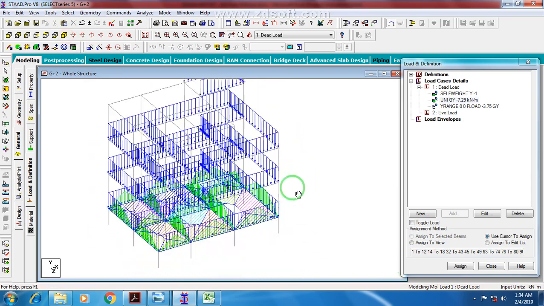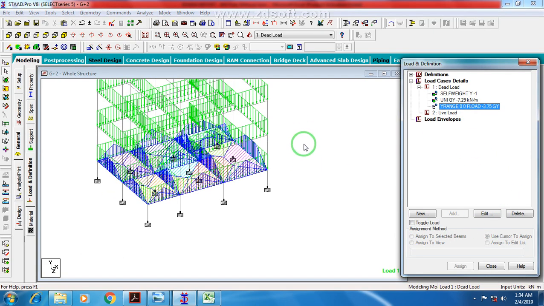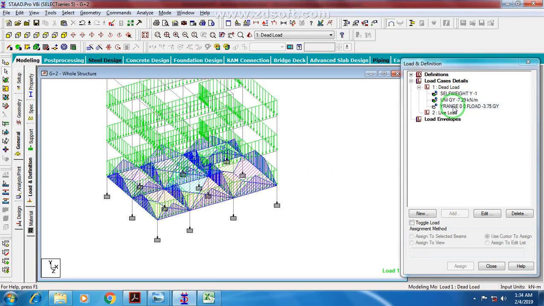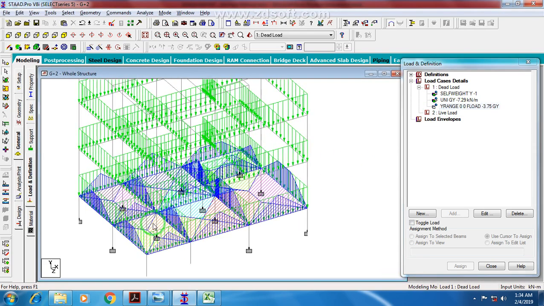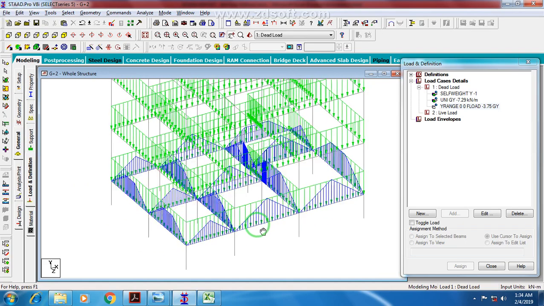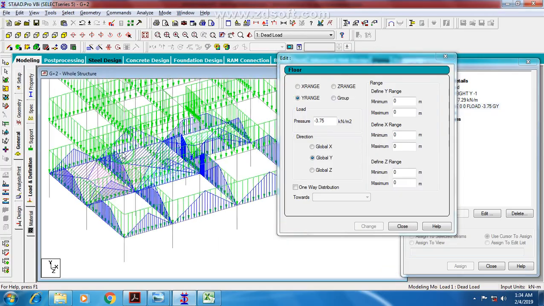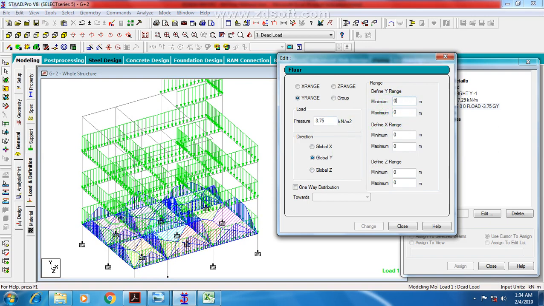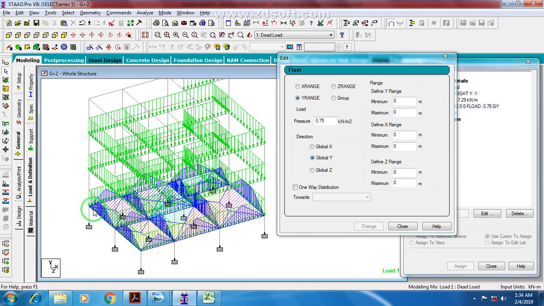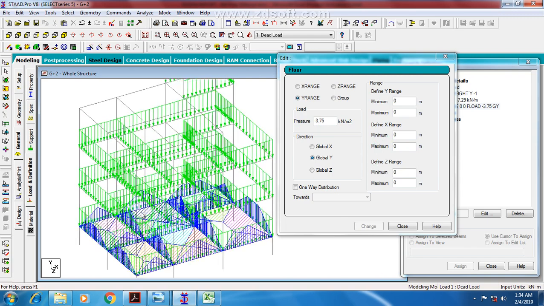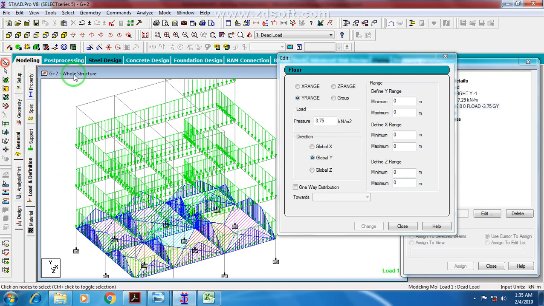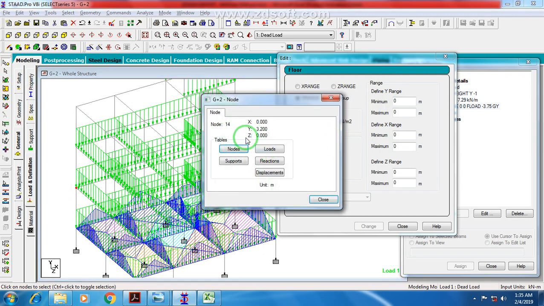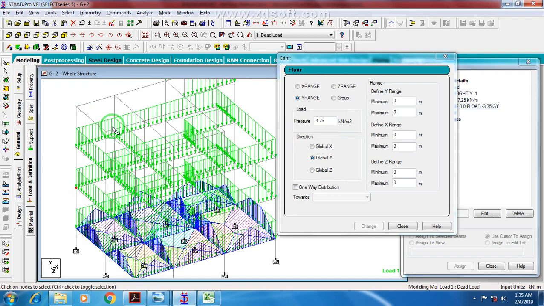Now let's see how to apply floor load. For that, you have to click on floor load. Now here you can see that floor load is applied only at the plinth level. That is because we have not provided the range. So let's change the range. For y direction, our minimum range is not 0, because at the plinth level there will be grade slab, so no RCC slab is constructed at the plinth level. So our dead weight of floor will start from first floor. So our minimum Y range is 3.2 and maximum Y range is